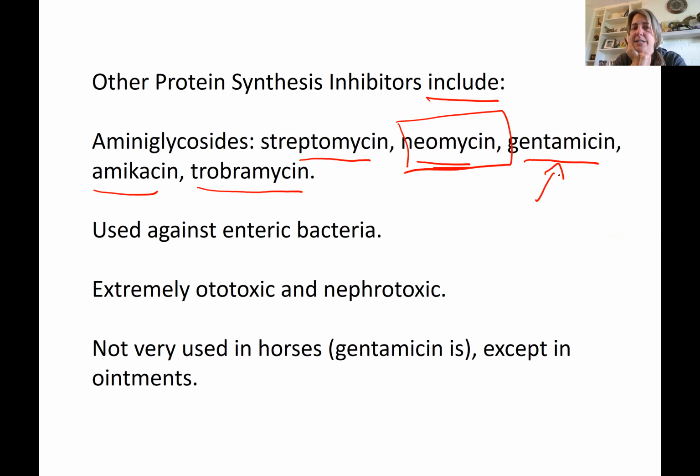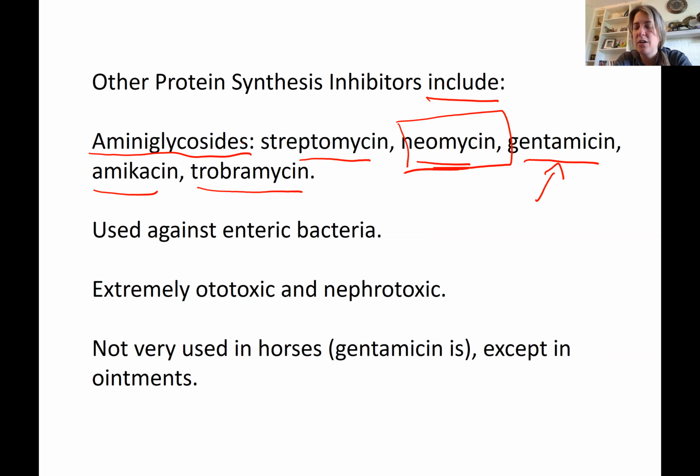Amikacin is a wonderful antibiotic too, but it can be very toxic. So all these aminoglycosides can be toxic, okay? They are toxic, so they are used only in hospital settings or only with veterinarian assistance. Amikacin,